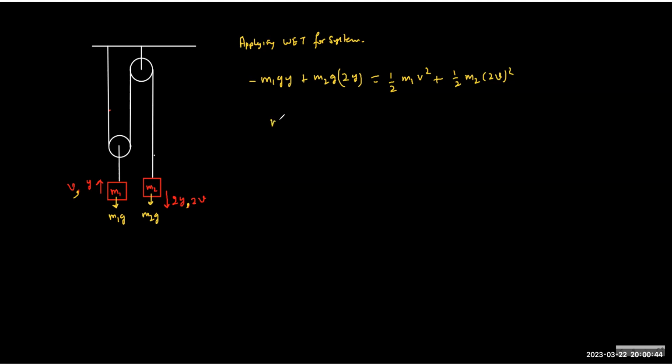So 2M2 minus M1 into G into Y is half M1 plus 4M2 into V square. And we are done because we know how to differentiate. So we simply differentiate, and Y dot is V, and V dot is, this becomes 2V dV by dt,